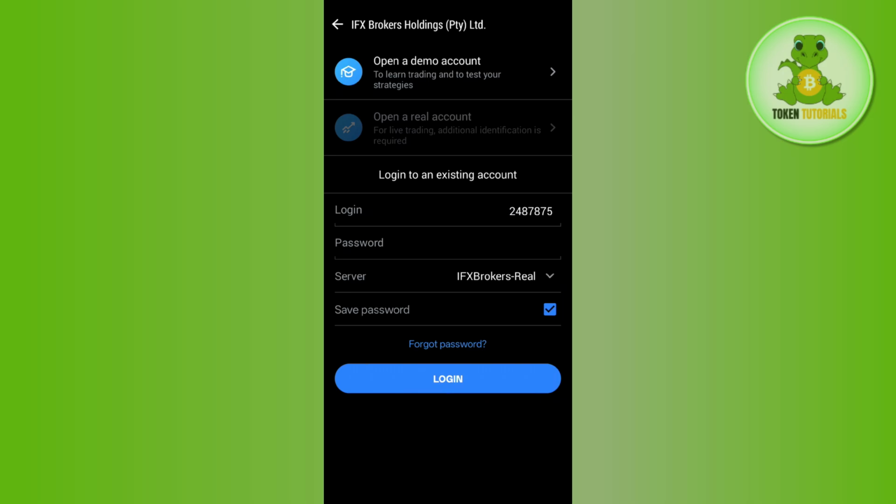Now tap on the option of login, and this way you will be able to connect your IFX broker account